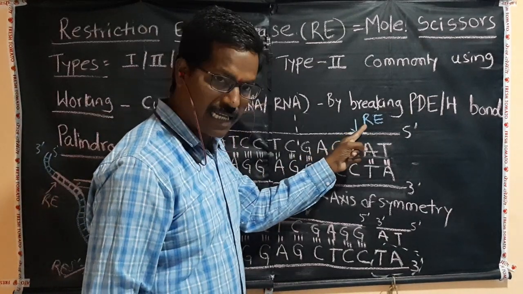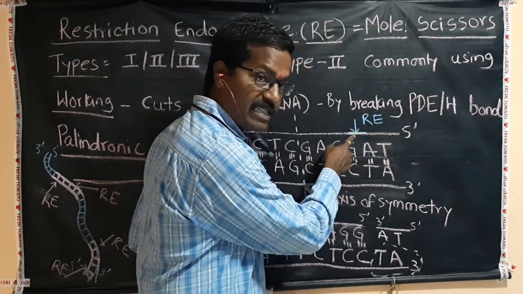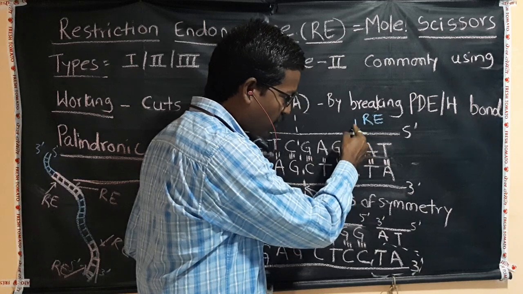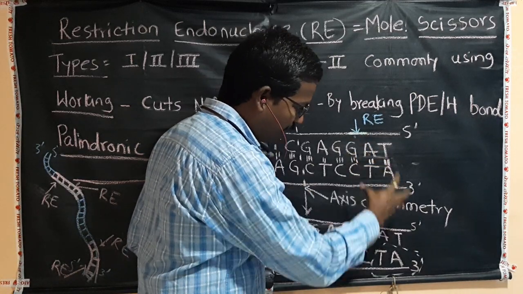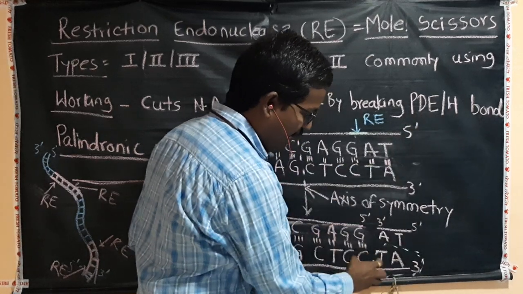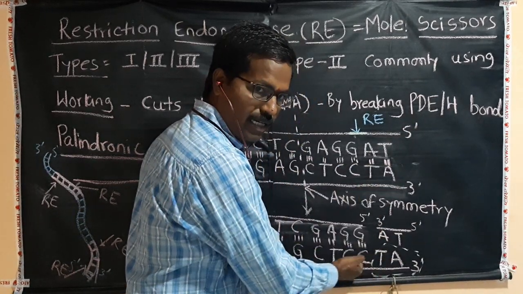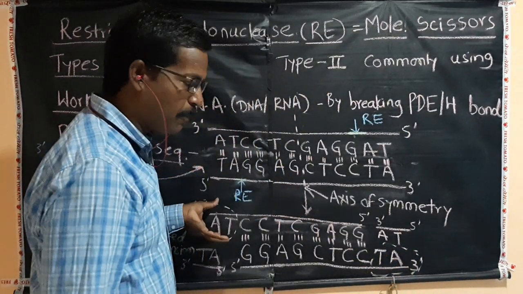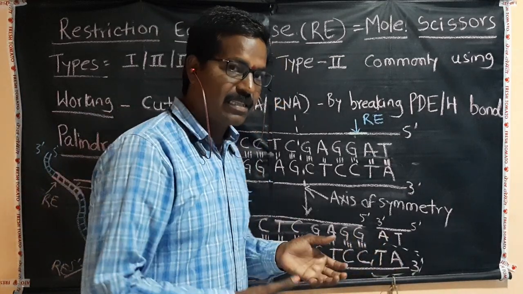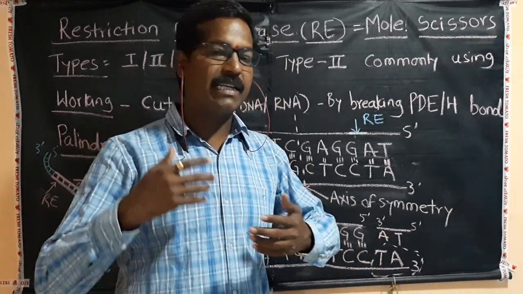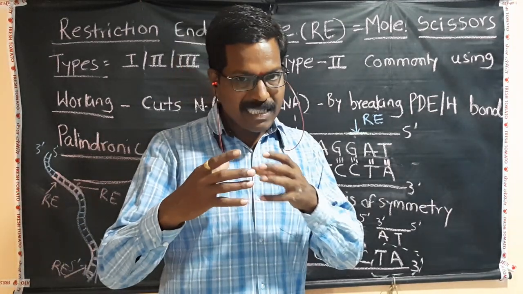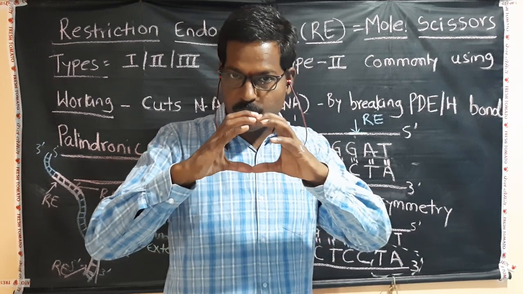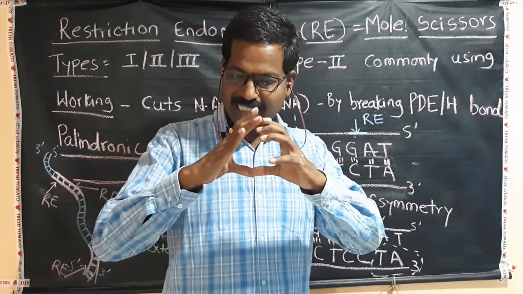In the same way, the restriction enzyme working on the opposite strand will cut a phosphodiester bond here. It will come down and it will cut these hydrogen bonds. So when this restriction enzyme cuts this phosphodiester bond and these hydrogen bonds, it will remove this AT. So this AT is going to get separated and this TA will remain attached to the downside. So you can find there is another single stranded extension. You can find two single stranded extensions on the opposite strands. The same two single stranded extensions are also provided by the restriction enzyme which cuts a vector DNA. So what will happen is, because of the single stranded extensions, the vector and the target DNA are going to get firmly joined while constructing an rDNA.